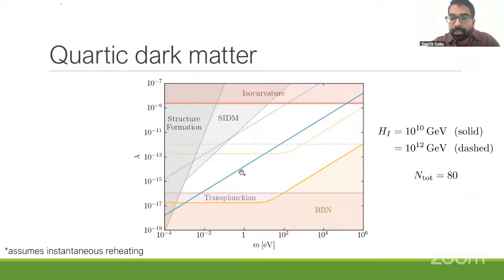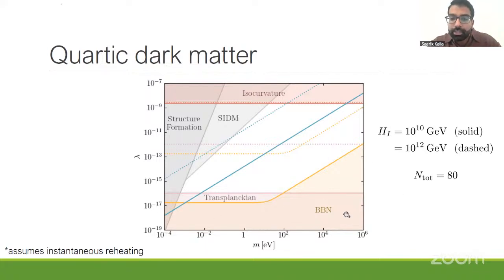This blue line here is telling you basically the exact potential, the exact parameters, which would give you the right amount of dark matter for Hubble of 10^10 GeV and 80 e-folds of inflation. I'm drawing various other colored regions here as well, which are various other constraints on this mechanism. So like this red region up here is where the power spectrum that I showed you a few slides ago would be too large. It would hit one of those constraints.